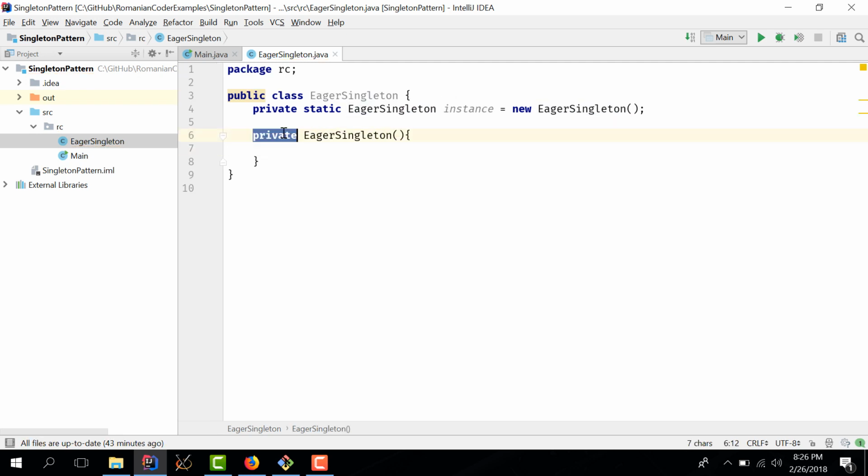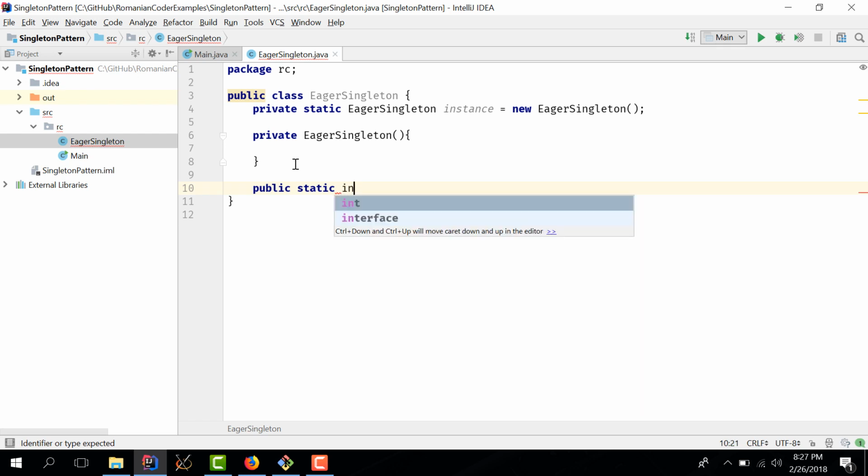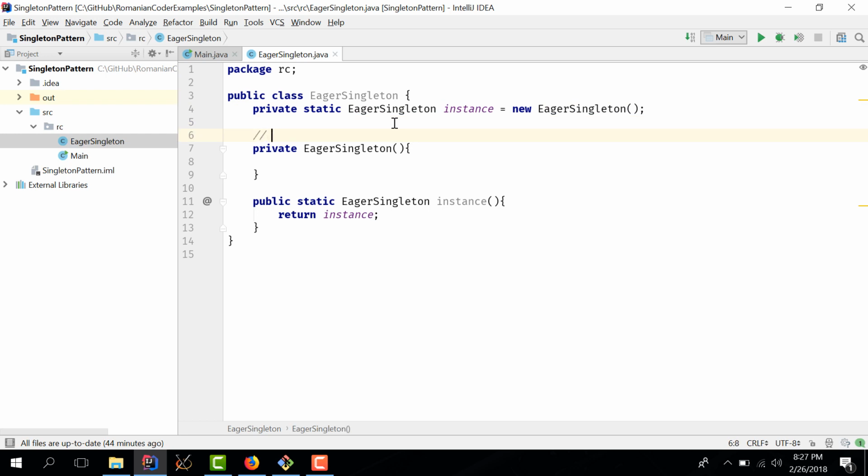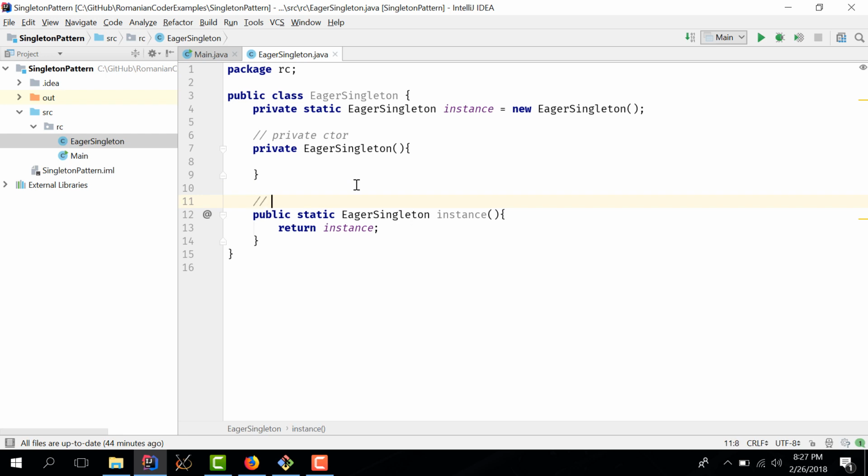Okay, and the constructor is private. This means that outside nobody will be able to call the constructor, but we can of course use it inside this class. And last but not least, we will have a get method. It's going to be a public static, let's say, instance, and this method is going to return an eager singleton, and here we return the instance variable that we set up here. So we have a private constructor, and this is the method that